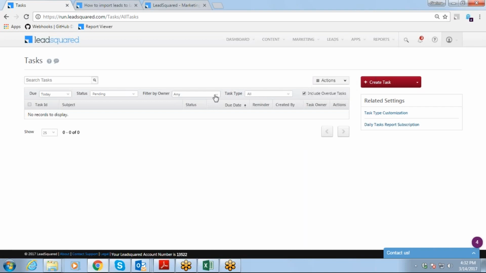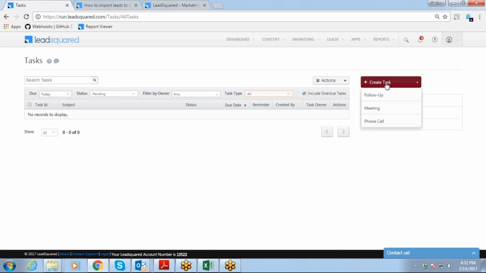So what you can do is filter them by task type which are pending. Is it a follow-up or meeting or anything? Status is pending, and you just see all. All the tasks of every lead will be available, and you can see the tasks which are due today, and you can just complete them accordingly and do your work. Correct?